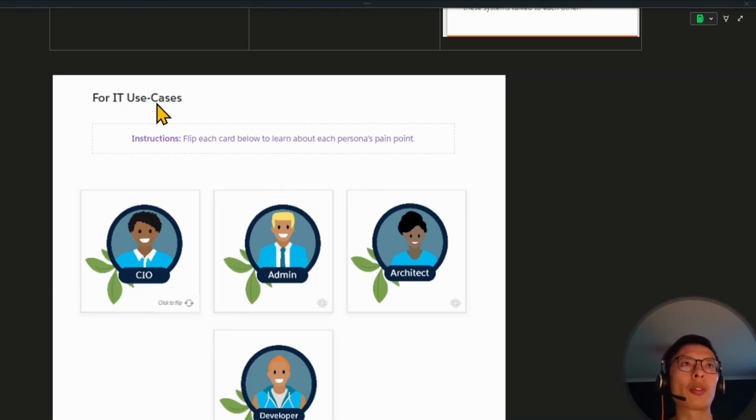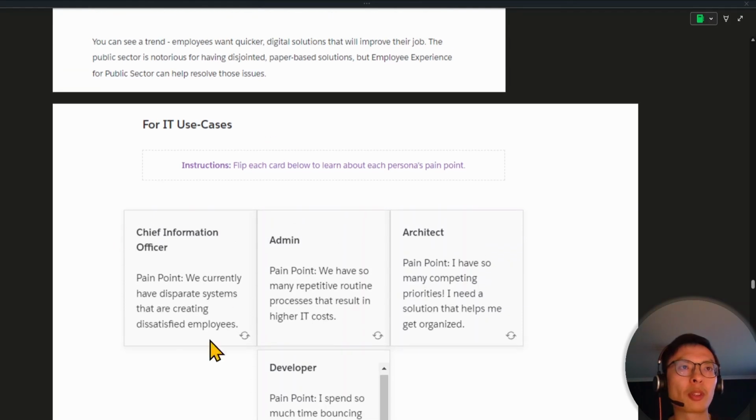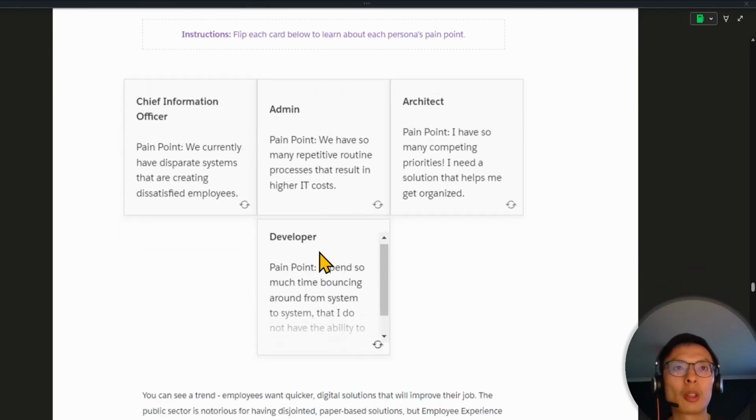Let's now learn about the IT use cases and their pain points. From the CIO's perspective, because of the many different systems they have, it creates dissatisfied employees. For admins, there are so many repetitive routine processes which result in high IT costs. For architects, there are so many competing priorities that they need a solution to help them organize. Developer, there are so many systems to develop, and it's very difficult for the developer to